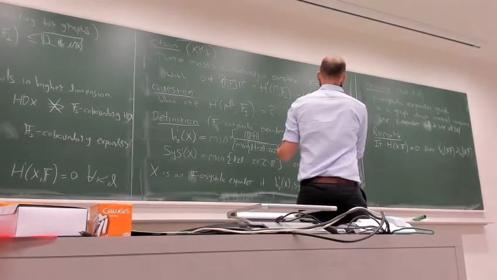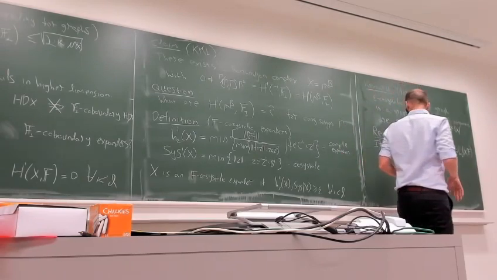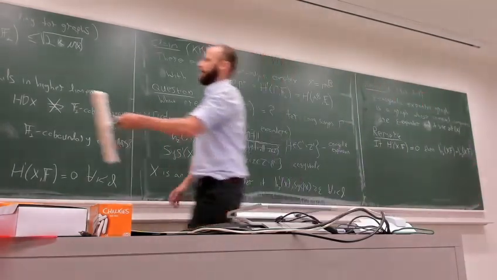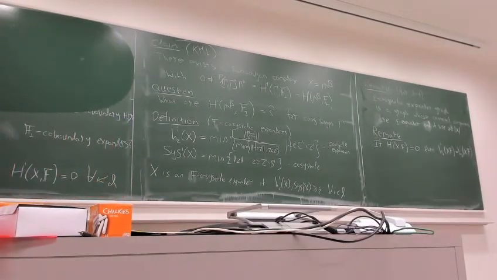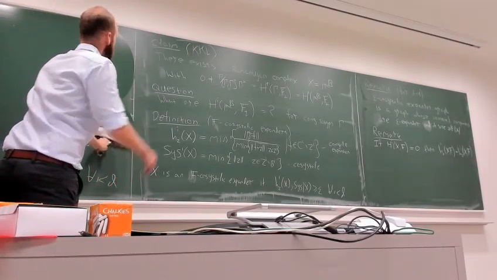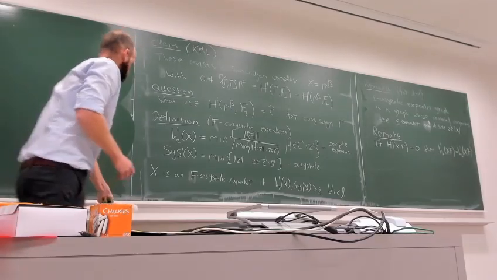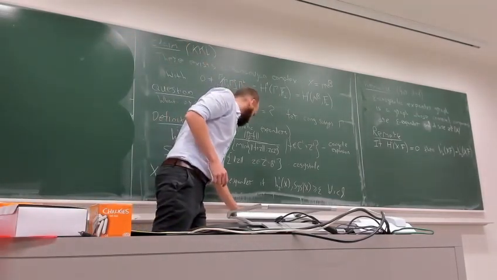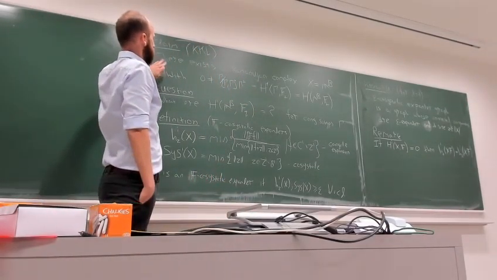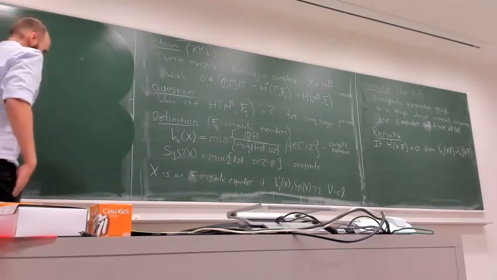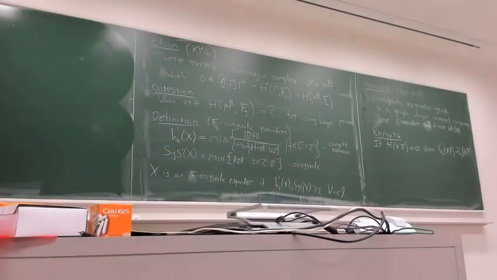So cosystolic expanders are basically coboundary expanders, which I allow to be disconnected. And the reason for this is, you see, now I have bypassed the problem in the counterexample that Alex provided in his book. So this does not say that Ramanujan complexes are not cosystolic expanders anymore. And in fact, not only